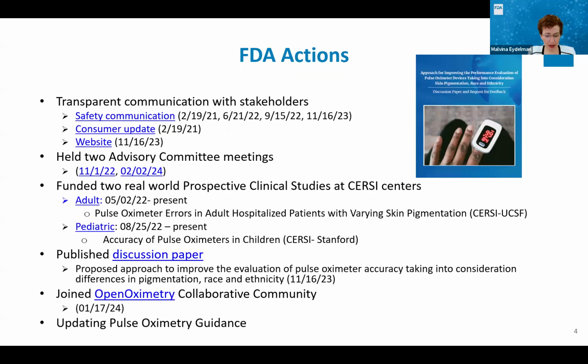To try to tackle this, we at FDA have been very busy handling this issue. Very shortly after Shorting's article, just a couple of months after, we issued our first safety communication and then continued to update our safety communications as more data and more information became available. We have published a consumer update and created a website. Now, while my presentation is going to be very short, I put live links in these slides. So for anybody who is interested in more information, please ask the organizers for the slides so that you can click and get more information about any of these